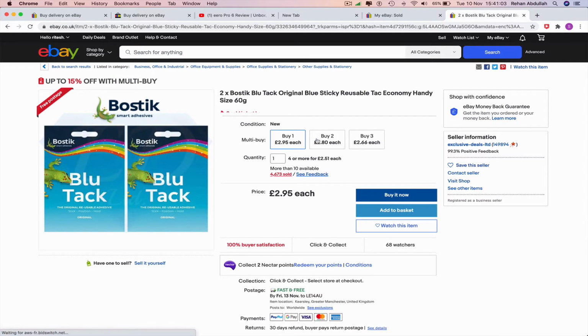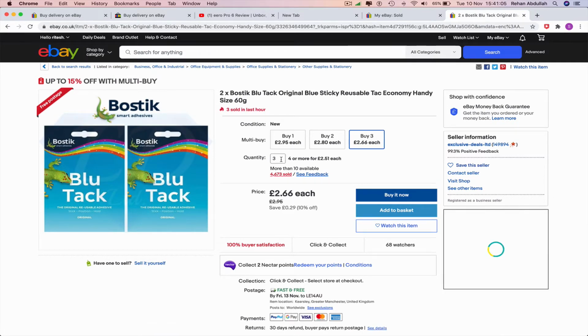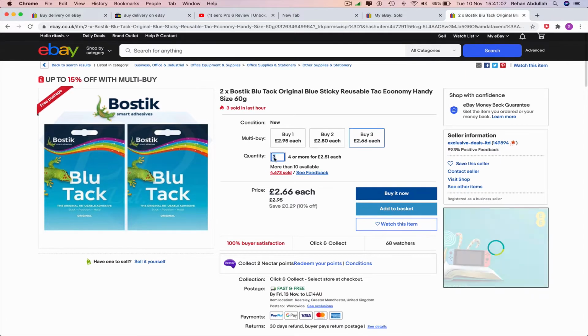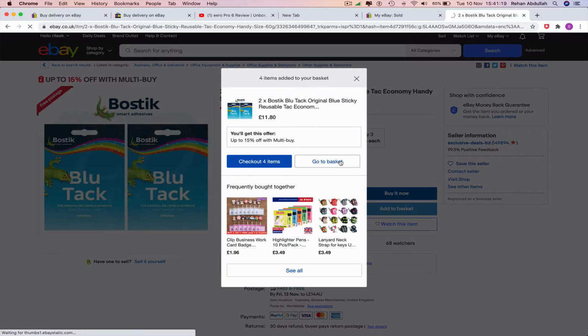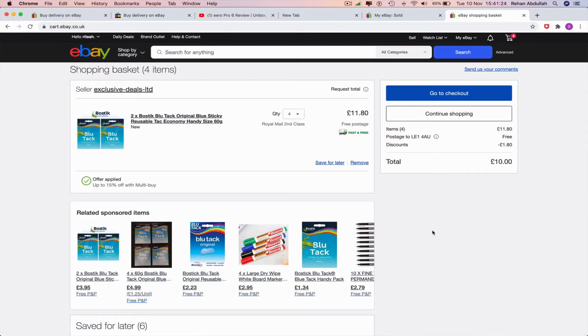We can buy 1, 2, 3, or if we buy 4, we receive an offer. 4 or more will cost us £2.51 each. Click on 4, add to the basket, go to the basket, and now this tells me we will be paying £10 with a discount of £1.80. Go to checkout,